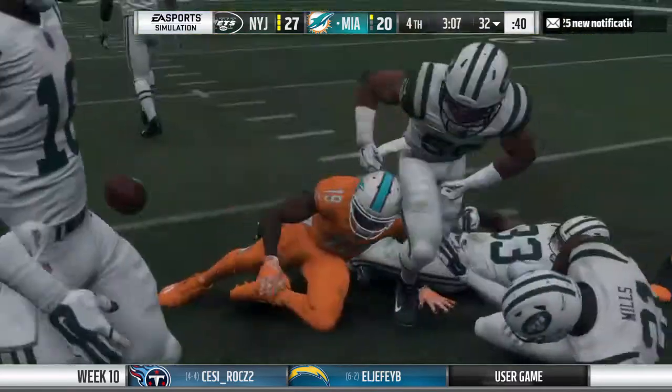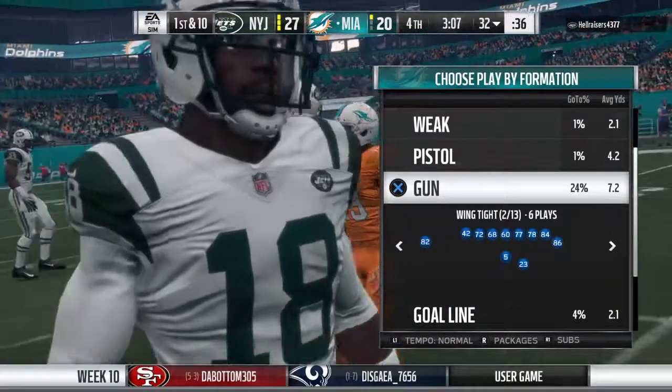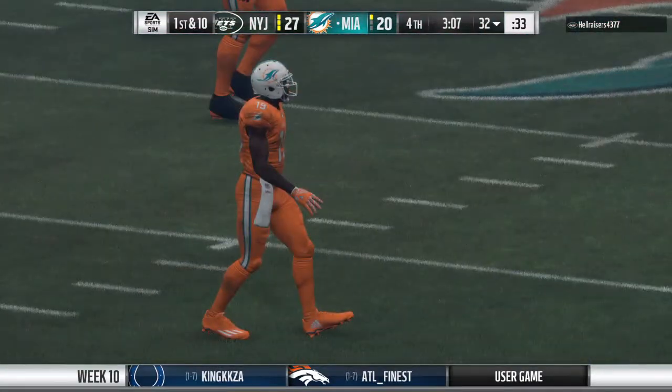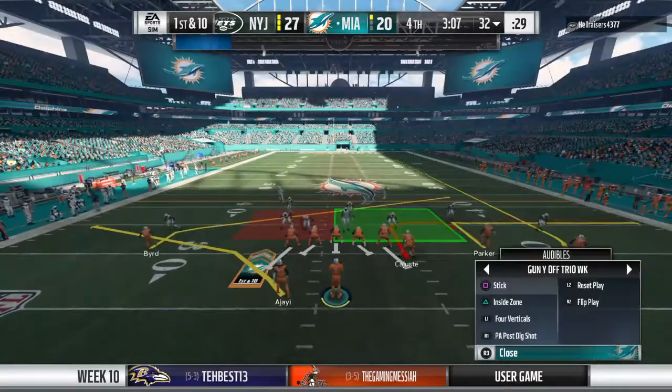Solid return, pretty good field position. They'll start at the 32-yard line. The Dolphins offense now working their way back onto the field. And on that last drive, went for it on 4th, turned it over. A good job by their defense, though. They held them to 3, but this offense, they've got to be a little bit better, a little bit more